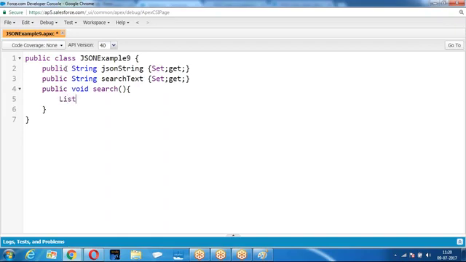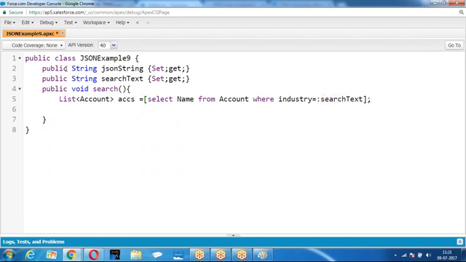Then where industry. This is how we create.